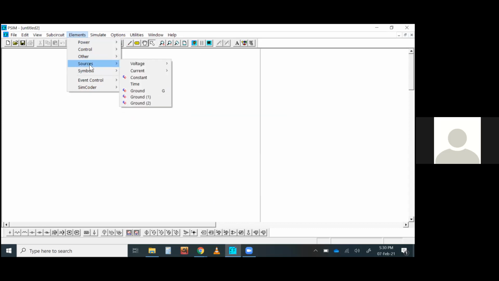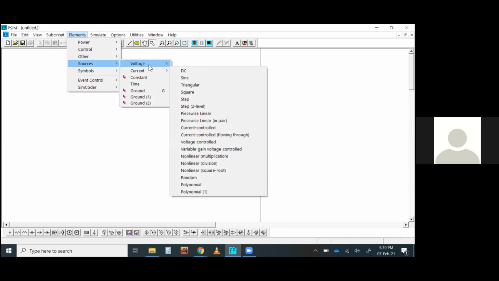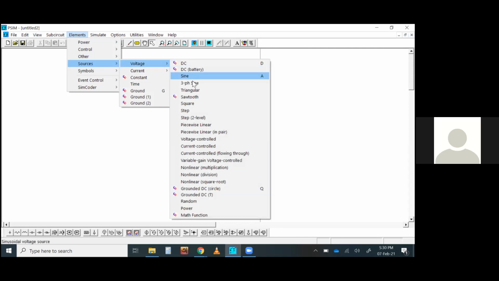current. There are different kinds of sources like voltage source, battery, three-phase AC source, different kinds of non-linear source as well. So you can define or you can modify or manipulate your own voltage source. If you don't want a simple sine wave voltage generator, if you like something else, some different kind of signal, you can do it here. There are different models available. You can design and program your own source.